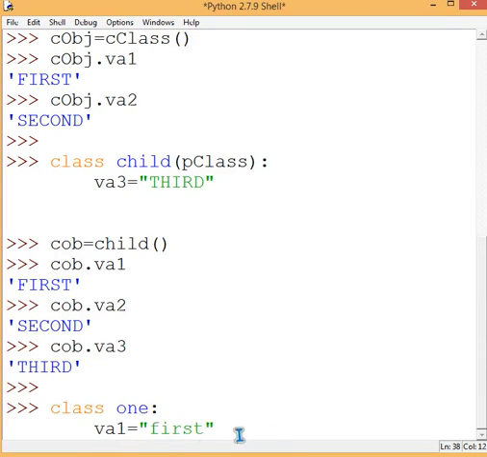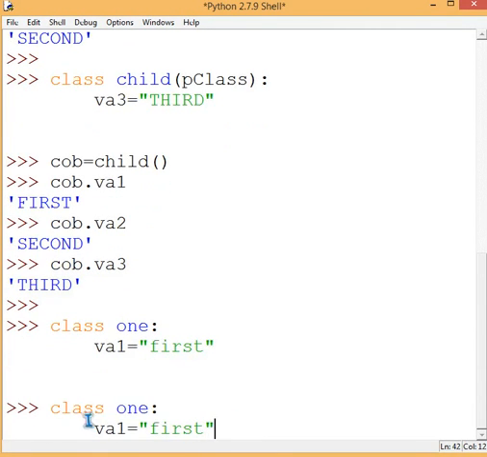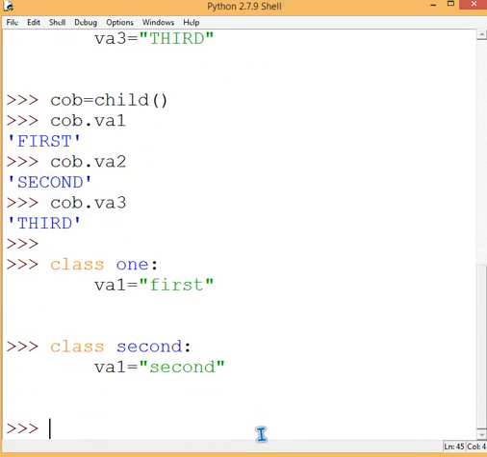Okay, this is the first class, and this will be the second class, and another class. Call it the child class, because we are going to make a child from the first and second. So class, name it child.